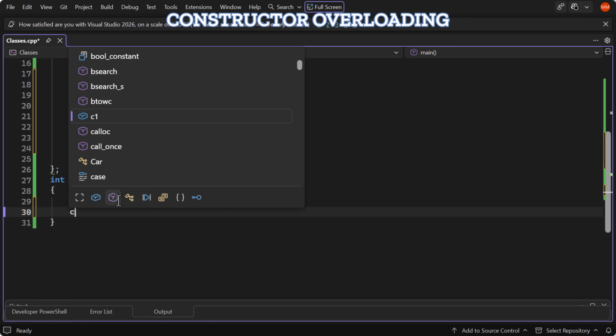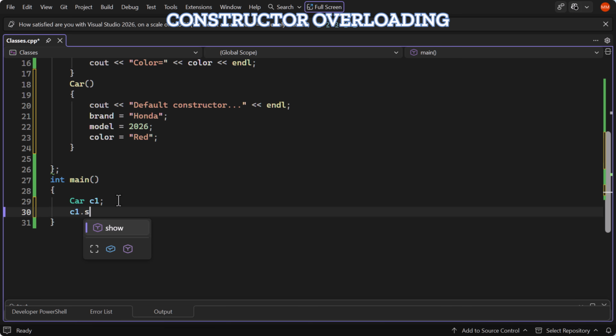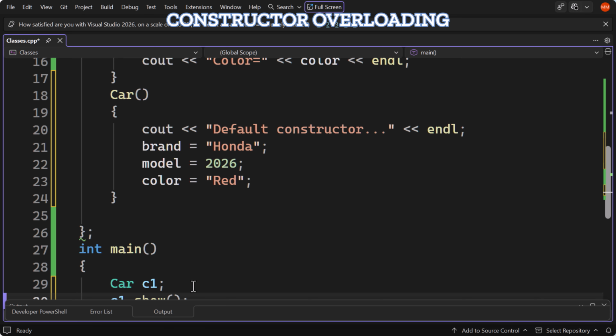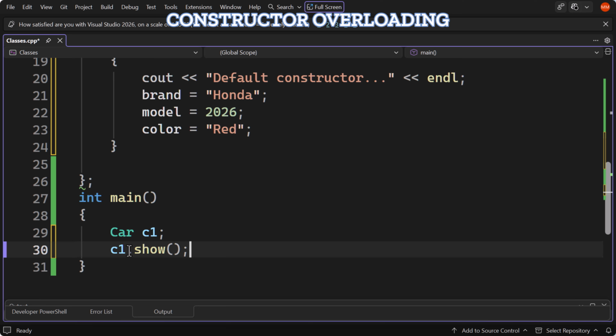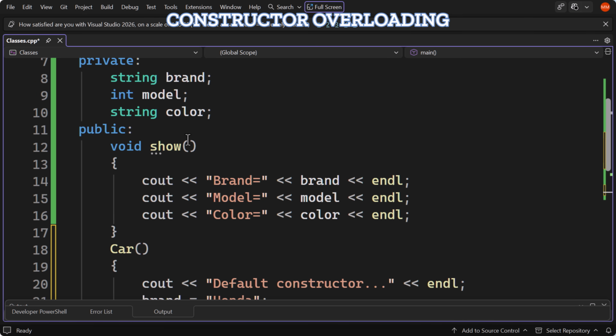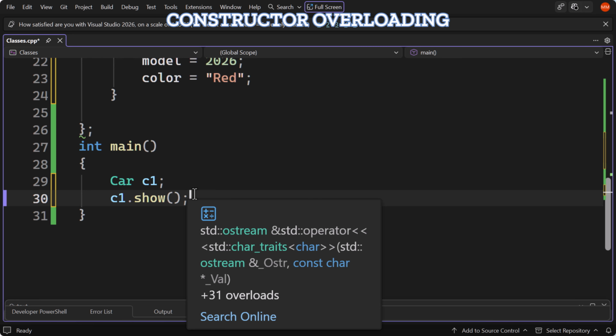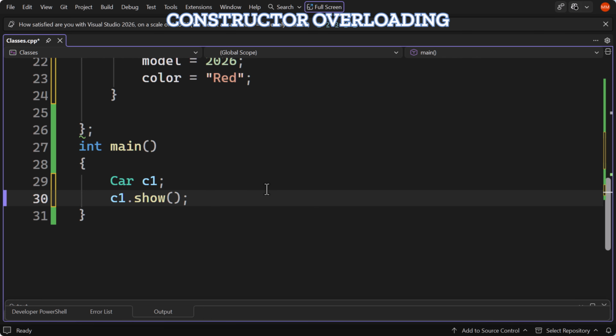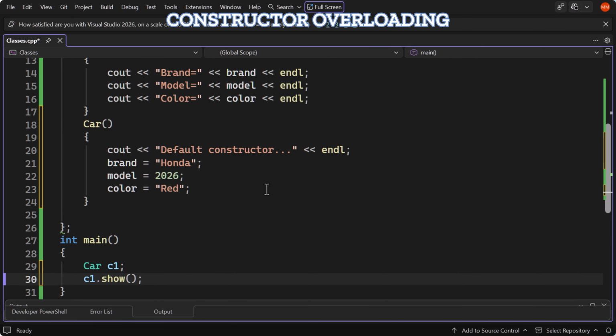Let's use the function show here to display the value of the attributes. So here I have used the member access operator dot to access the member function show of object C1. So now the program will display